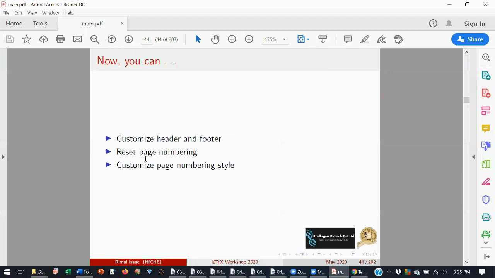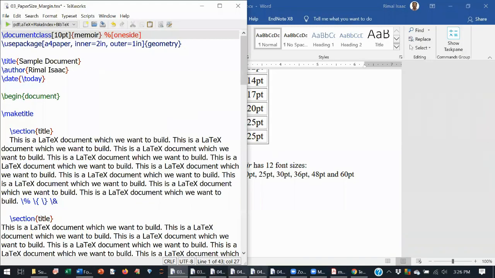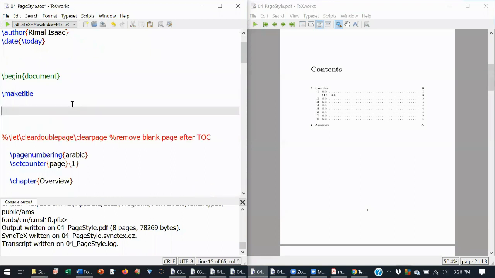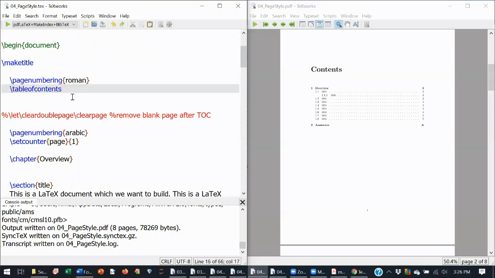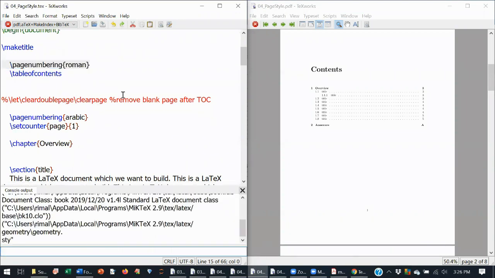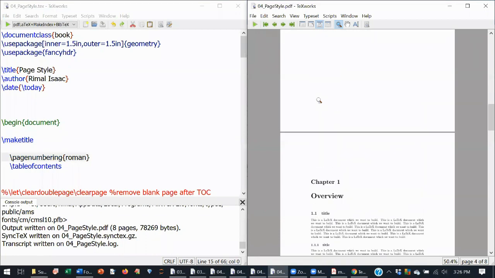You can reset the page numbering and customize page numbering styles. These things will be done using this package fancyhdr. So this is how you can set the page numbers.